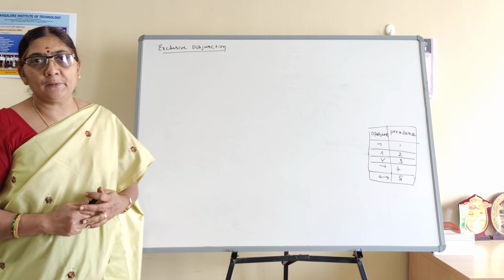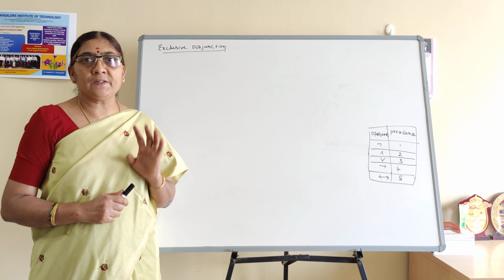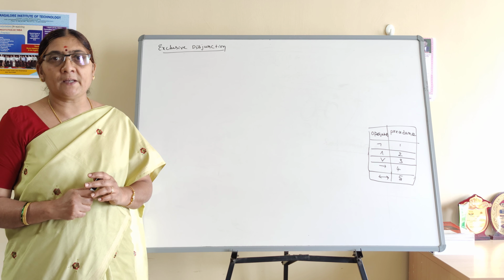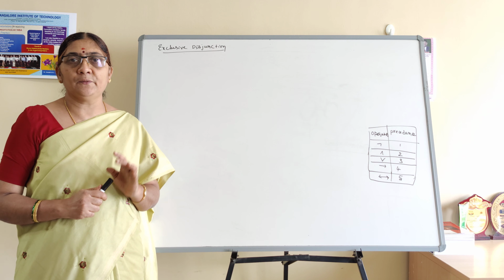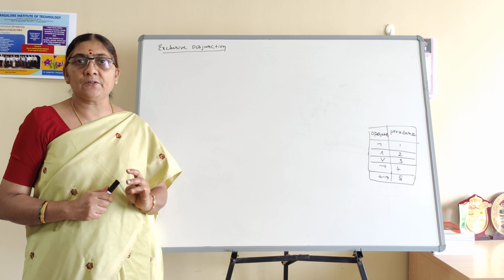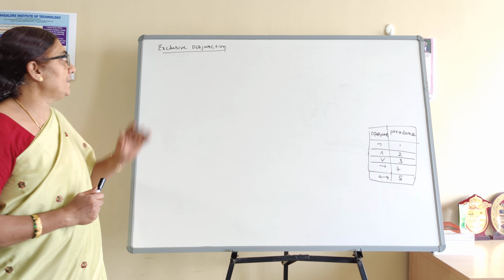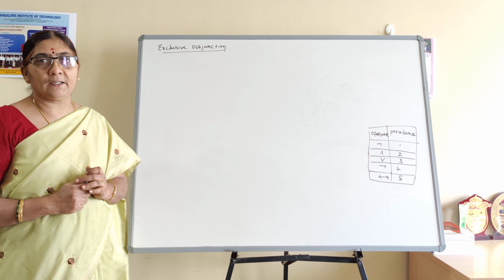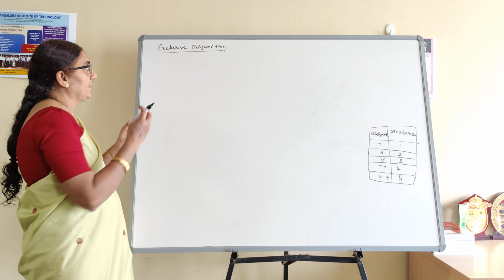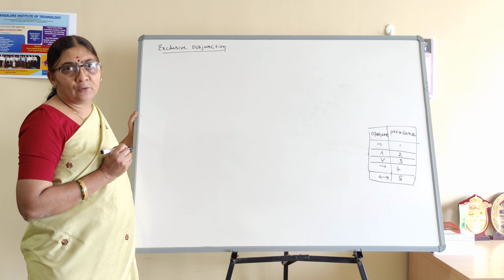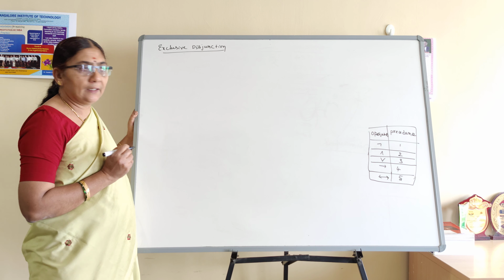In the previous class, we already discussed the first three of the six logical connectives: negation, conjunction, and disjunction. The other three basic logical connectives I am going to explain in this third class. First is exclusive disjunction. We are going to use this rarely, but we have to know that this is also one of the logical connectives.